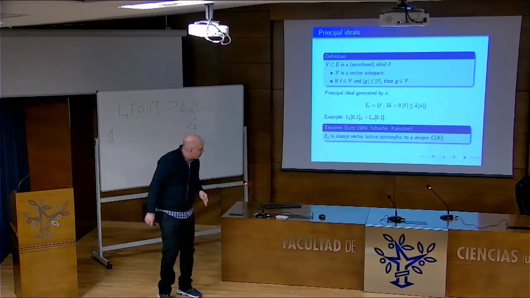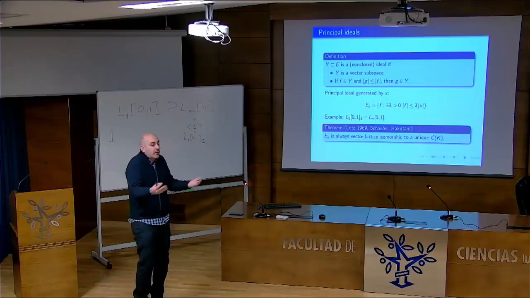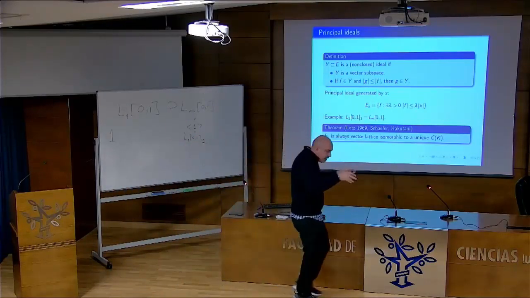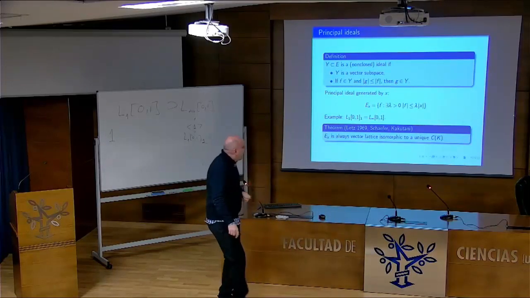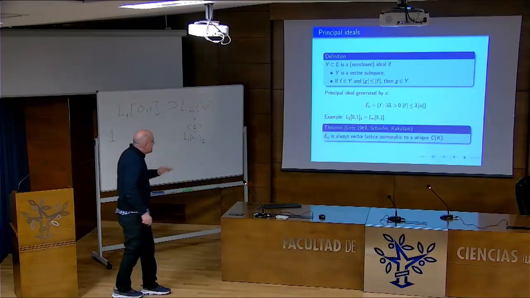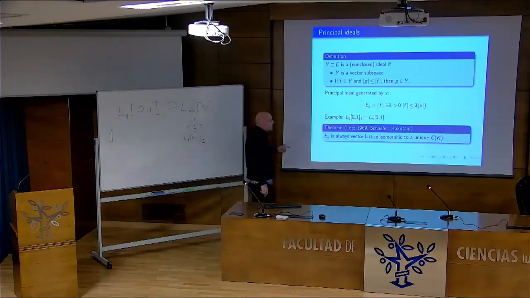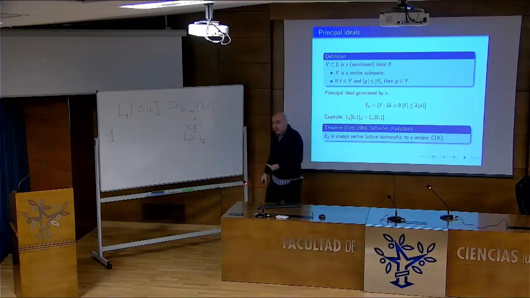This is always a C(K) space. A C(K) vector, C of K, is a vector lattice. You just look at the linear operations and the sup-inf, you forget about the norm. That's a vector lattice. And the principal ideals of a Banach lattice are always lattice isomorphic to a C of K. Moreover, to a unique C of K, because there is a